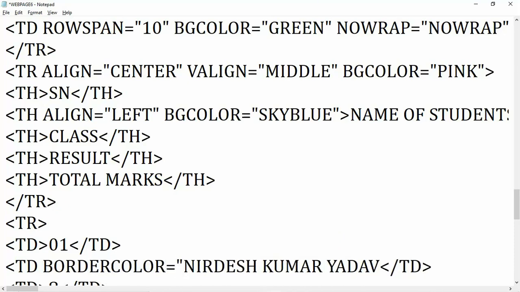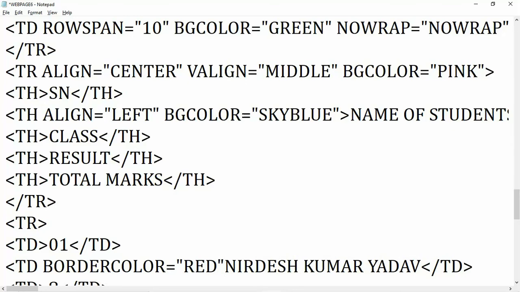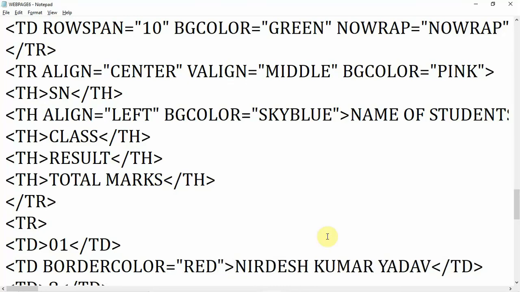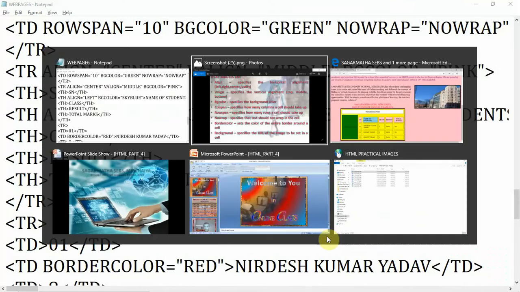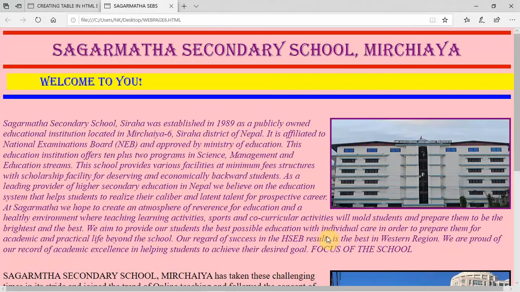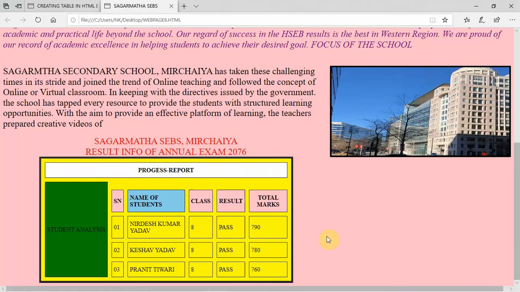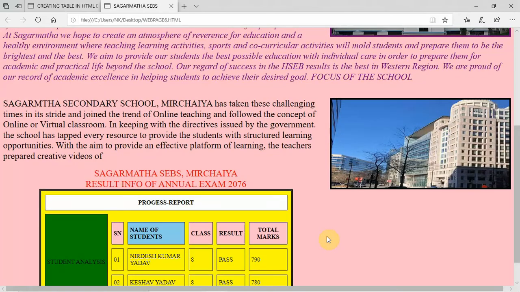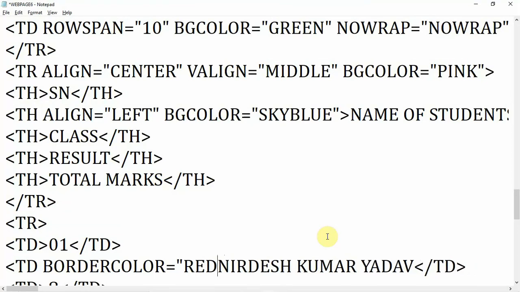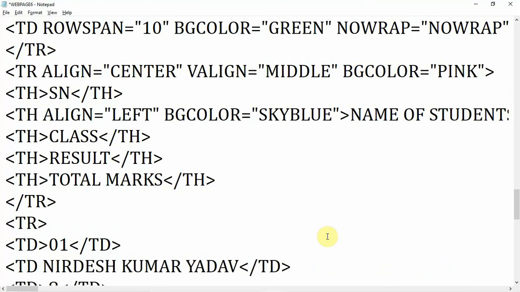Let me see, is it working or not? Bordercolor, I want to give red. Now one close angular bracket. Now Ctrl plus S, F5. This is not working, this attribute is not working here.